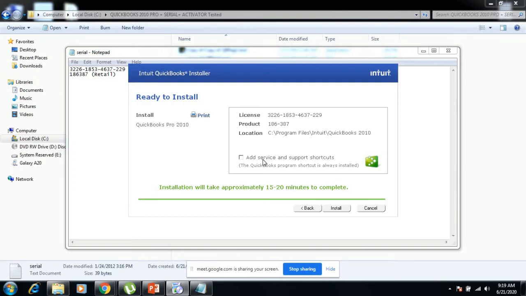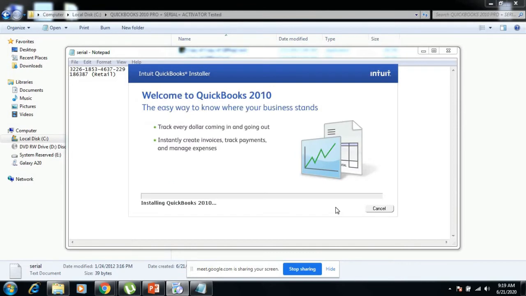Then click next and click on install. This installation will take 5 to 10 minutes. That depends on your computer speed.